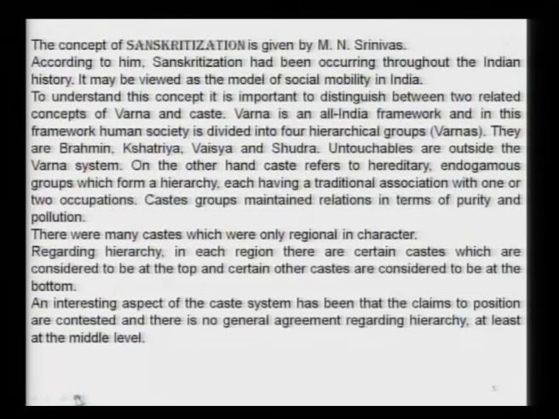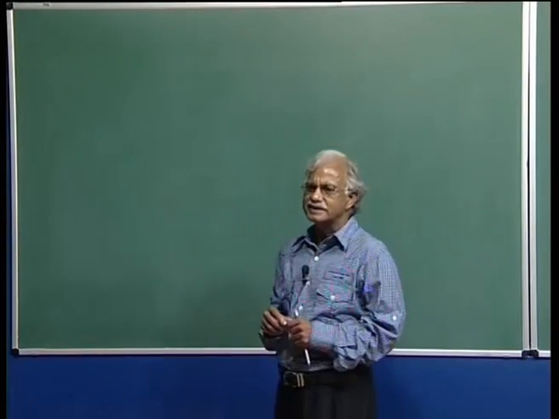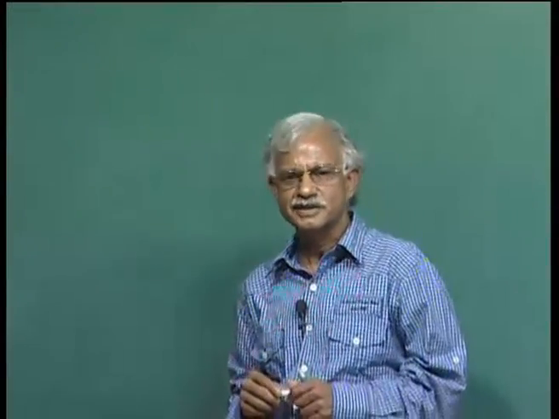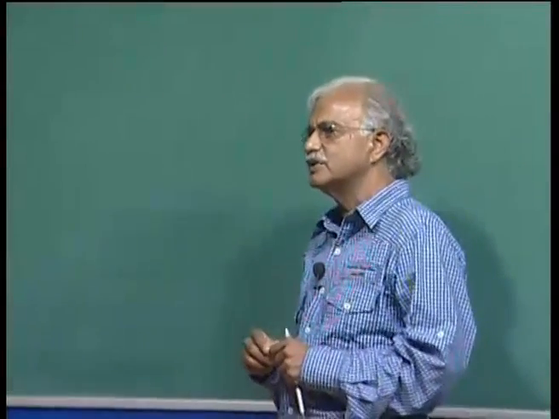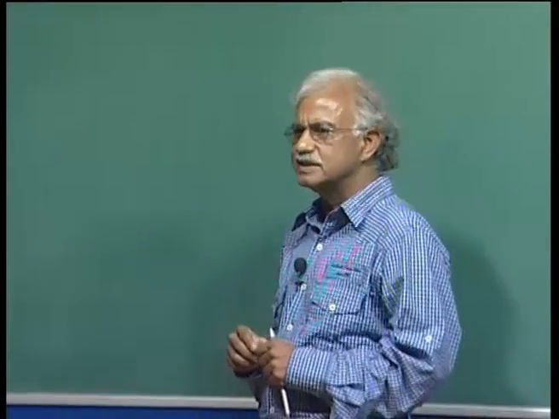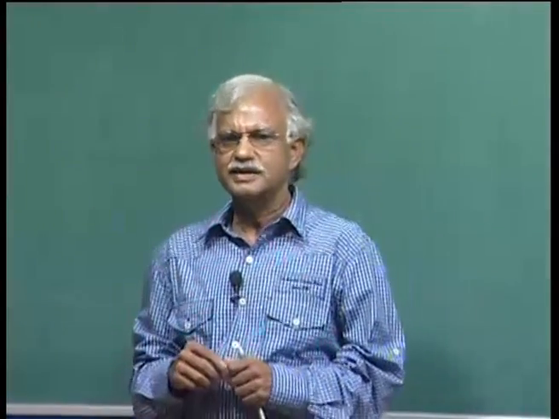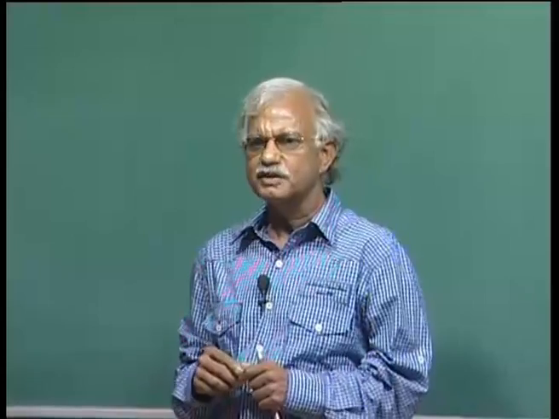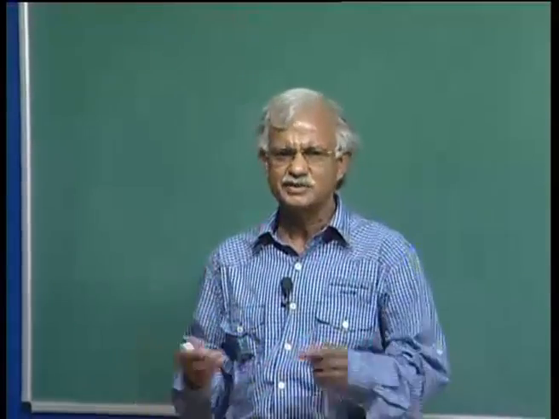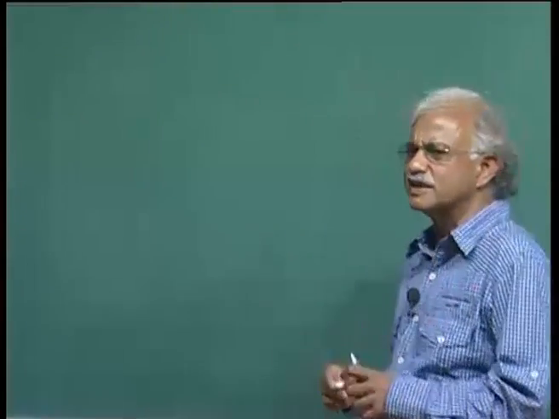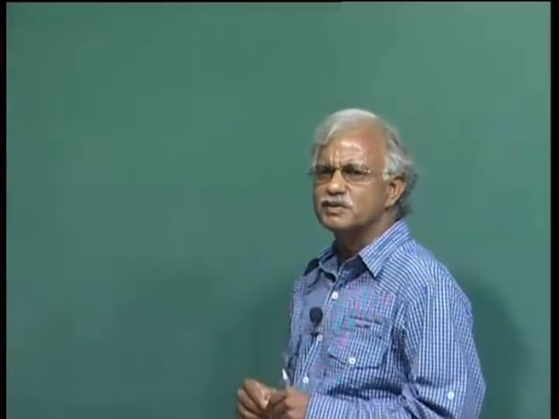You see, according to Srinivas, caste is an interesting phenomenon. Caste is not Varna, by the way. Indian society has traditionally been divided into 4 Varnas: Brahmin, Kshatriya, Vaishya and Shudras. But the number of castes is not 4, the number of castes runs into thousands. In India, if you enumerate all possible castes which have existed ever or which are existing today, there is a lot of fusion, fission in castes. But if you add all the caste groups of India, perhaps their number would be more than 50,000.